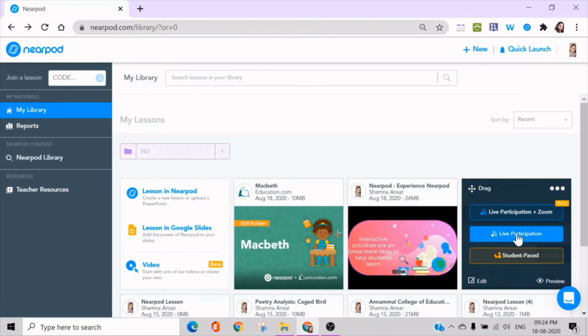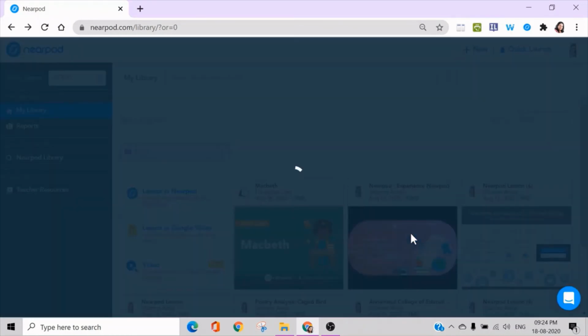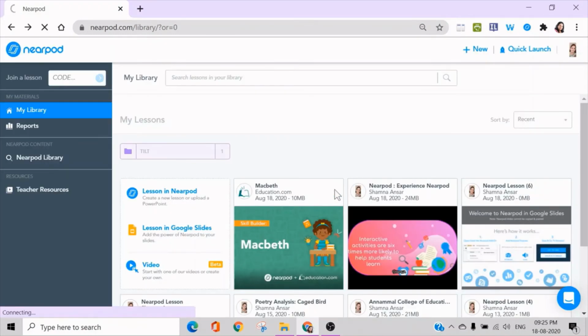And here I have the second option, live participation. Live participation is where you can launch the Nearpod lesson for your learners on the spot. I have already tried this live participation, which is why I am given messages like whether I want to resume the session.